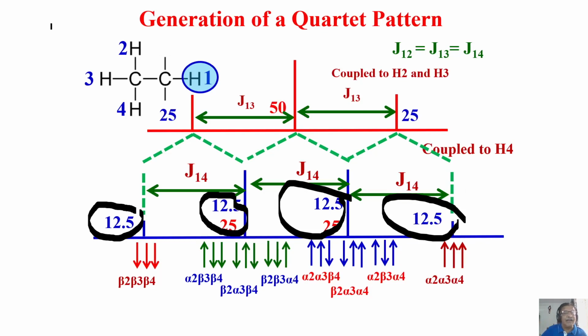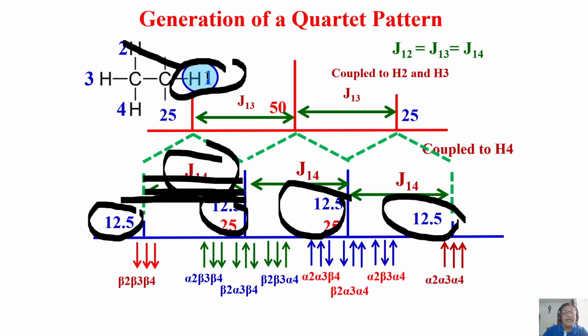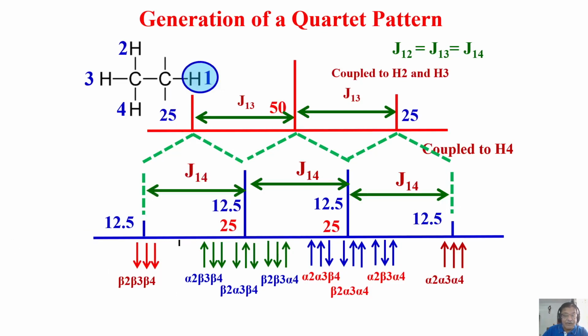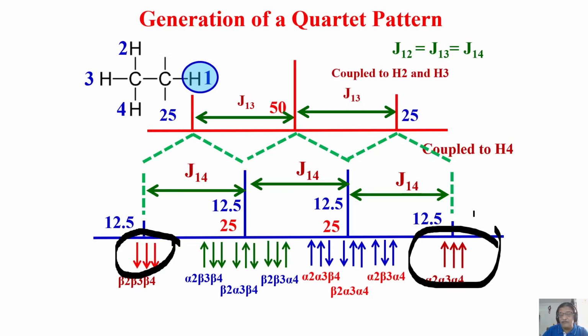Remember, when three equivalent protons are coupled to another proton, this proton will become a quartet of intensity ratio 1331, and the adjacent peak, if you measure that separation, this corresponds to J coupling. Okay, that is the J coupling. Now, why does this quartet come? If you understand, there are three possible orientations, three spins you consider. Now we are dealing with three spins. This is all three beta, beta, beta, all three alpha, alpha, alpha. Now there are two situations. Remember, we worked out once. It is one up, two down. This is a situation two down and one up.